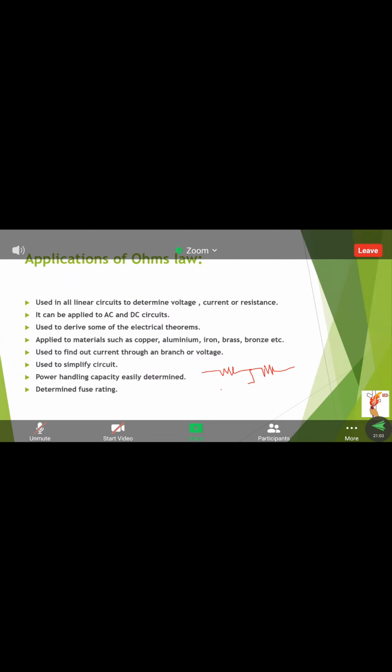The current will be flowing through this resistor, and this resistor also, divided into two portions. For example, this is R1, this is R2, and this is R3. So the current I will start flowing from here. It is divided into two parts at this location, that is I2 and